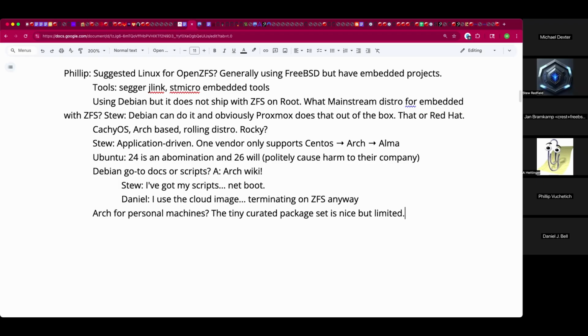Just because they don't have this centralized trust where someone with a commitment has to audit it before it goes in. The other thing is the AUR is a bit of a wild west by design, it's supposed to be. The other thing is that Arch, what makes Arch so useful to everyone and not just Arch